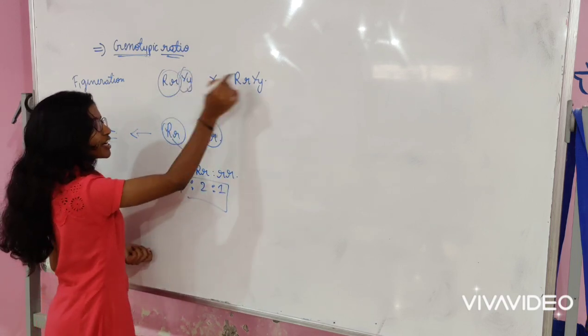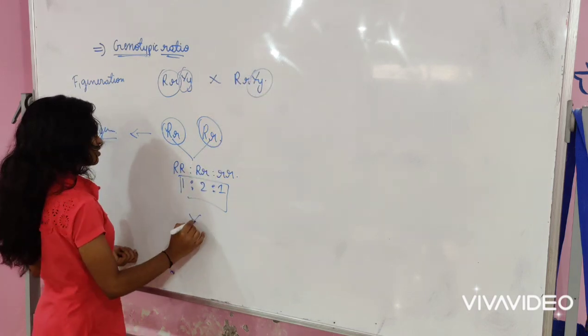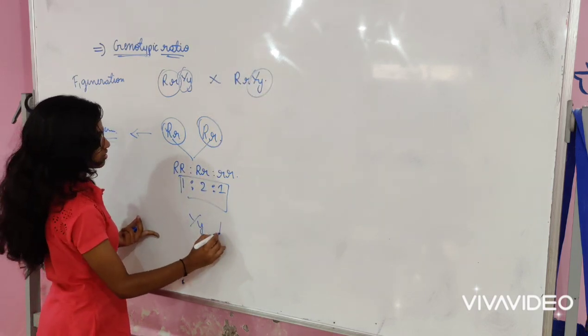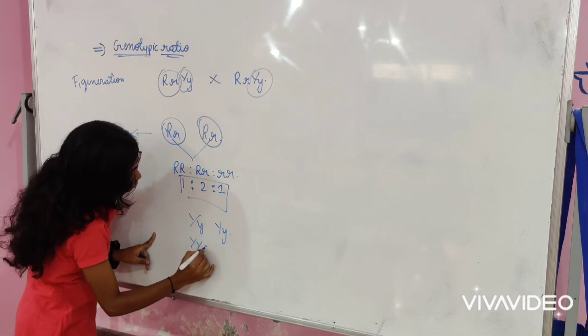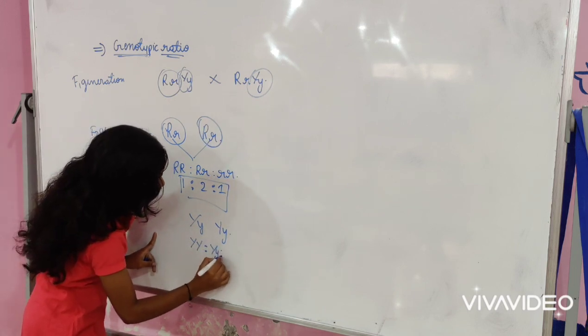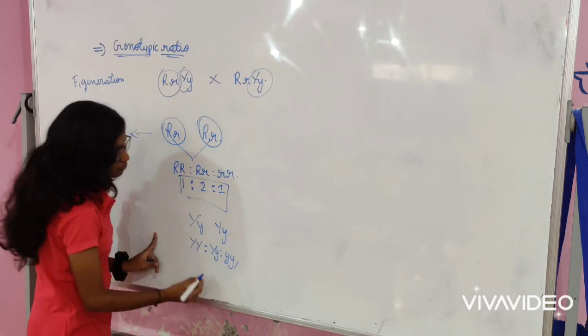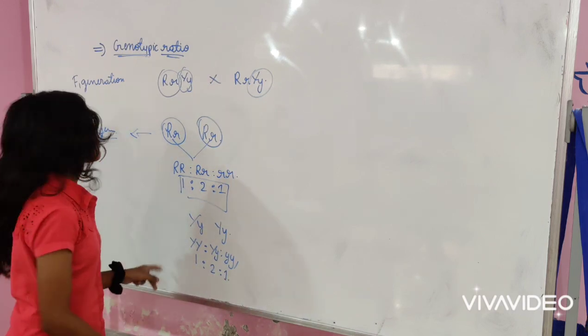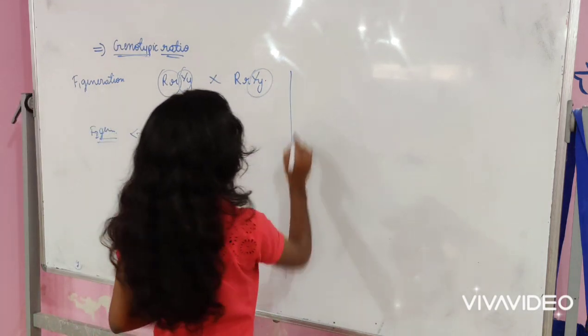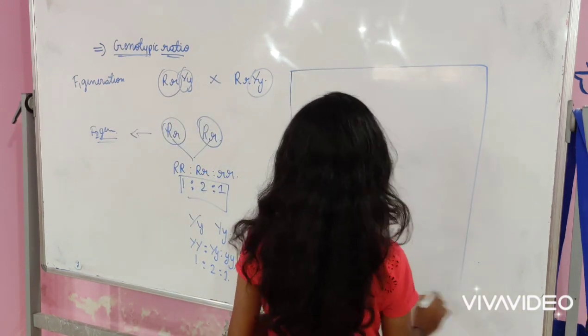Similarly, for Y, we have capital Y capital Y, capital Y small y, small y small y, okay? So capital Y capital Y, capital Y small y, small y small y. This ratio is also 1:2:1, right? So when we have to find the genotypic ratio,